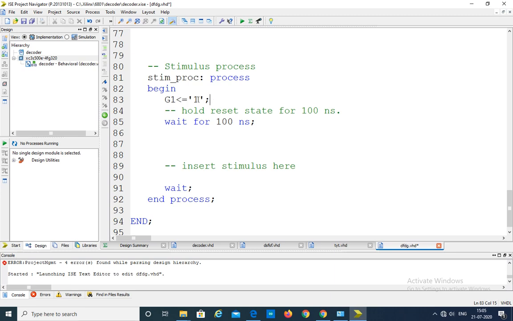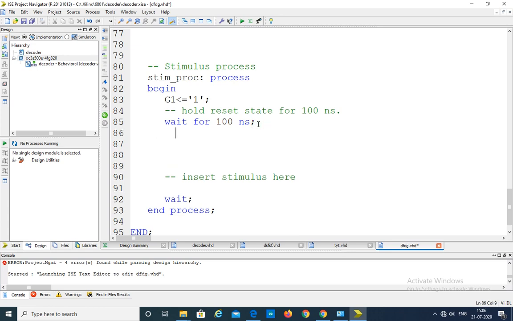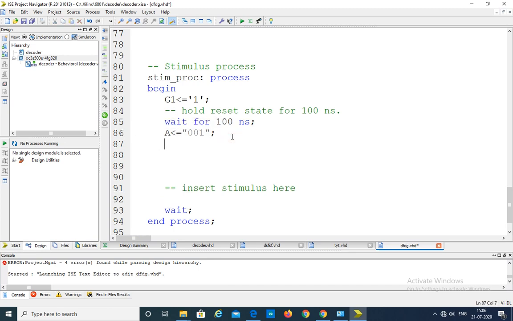Now observe G1 is equal to 1 here and A is 000. For that combination we'll get the output. Next, wait for 100 nanoseconds. Now I am changing the bit. Here I am writing in double quotations, because it is not a single bit, it is 3 bits we are writing. Next, again wait for 100 nanoseconds.